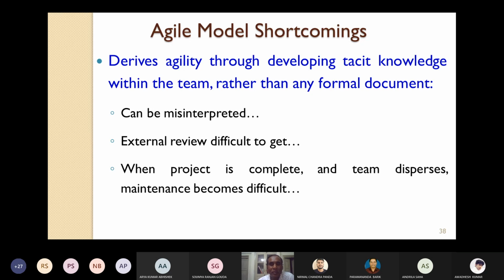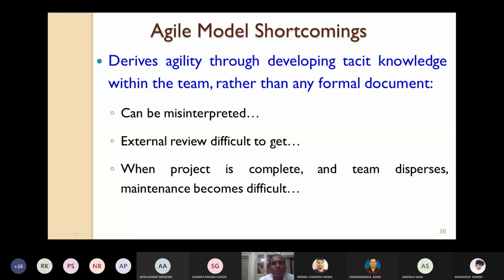Since there is very little formal documentation in agile software development, these problems might occur. These are the shortcomings and limitations of the agile model.